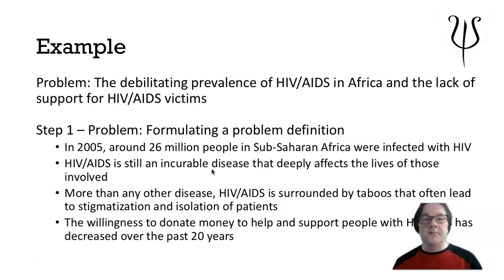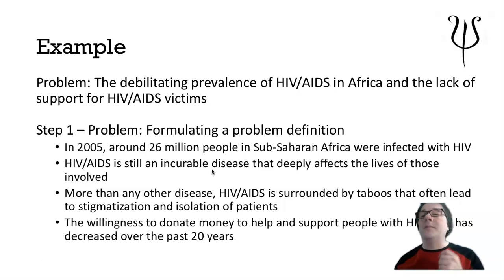There's a debilitating prevalence of HIV/AIDS in Africa, and there's a debilitating lack of support for HIV/AIDS victims in Africa. So we know that this is a problem, right? So we see it. It's in the stats,